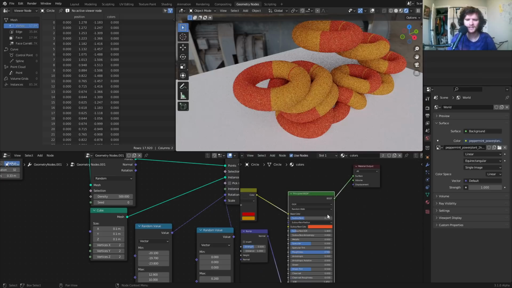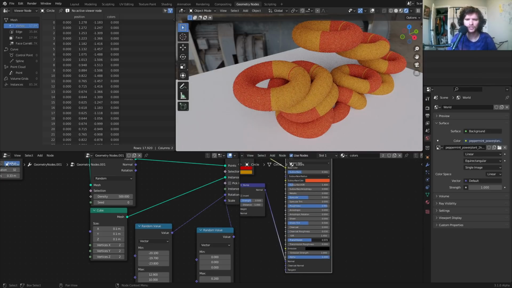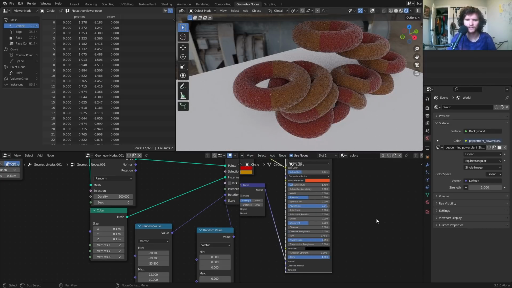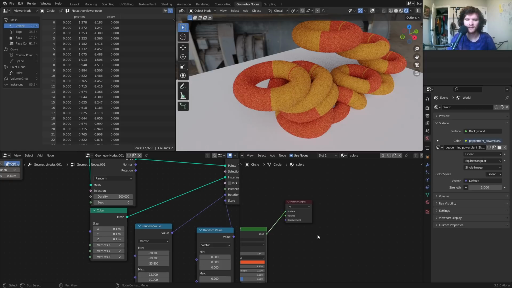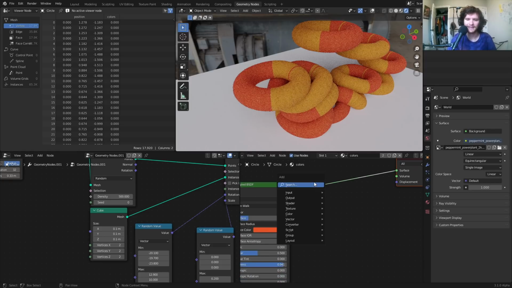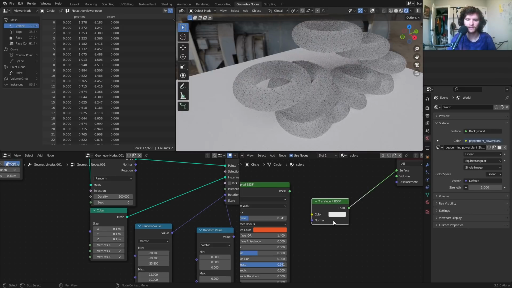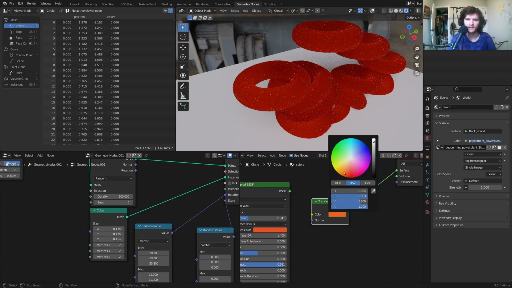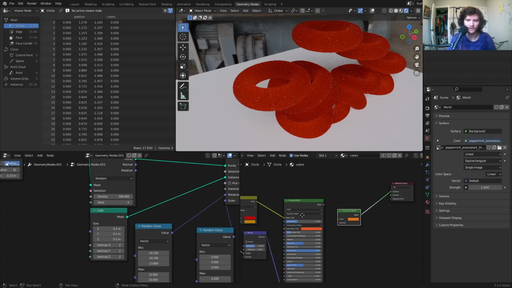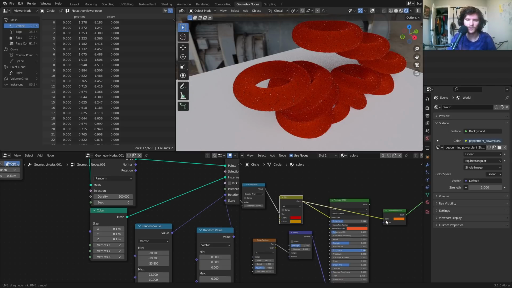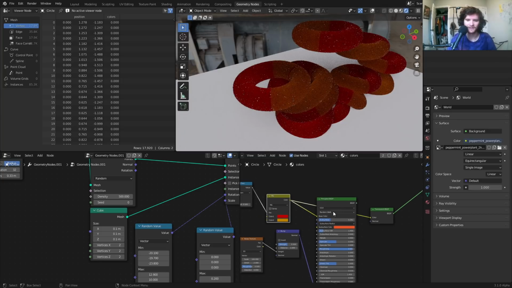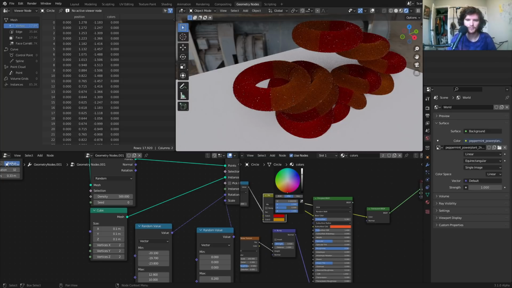A bit more we can do with the gummy part of this. You could try transmissiveness, but you're going to see it does some weird stuff. So here's what I recommend. Just to immediately get that gummy feeling, this is what a translucent BSDF is for. So you can see, wow, it already looks gummy, especially if we pick a color that matches this. So this already has the gummy vibe, and you're like, oh, why don't you just connect this raw? It's because it gets fairly dark, and you could bump up the brightness of the colors to fix that, but